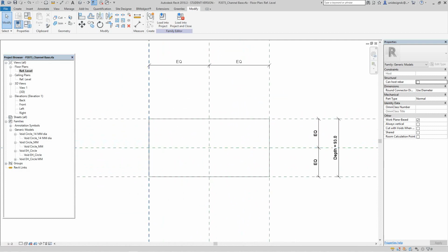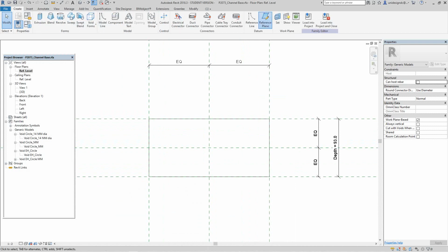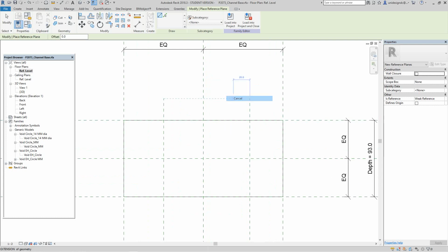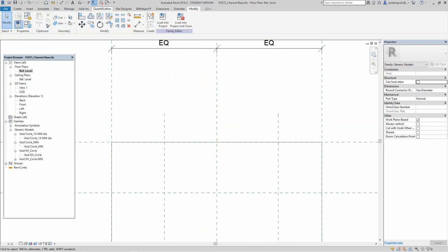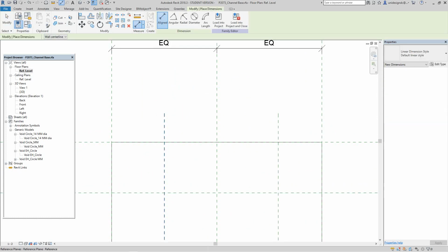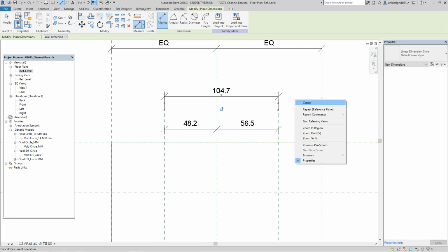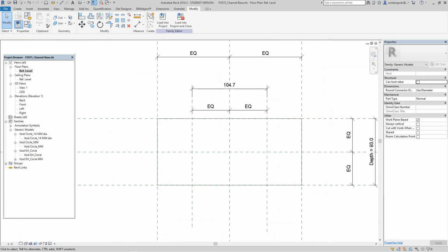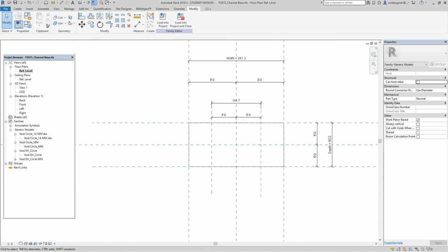So what I would do here, I would create reference planes. We'll create one here and one here. And then I will give it equality just like before because we want to be proportionate. I'll make this equality. Okay, so now that one is,